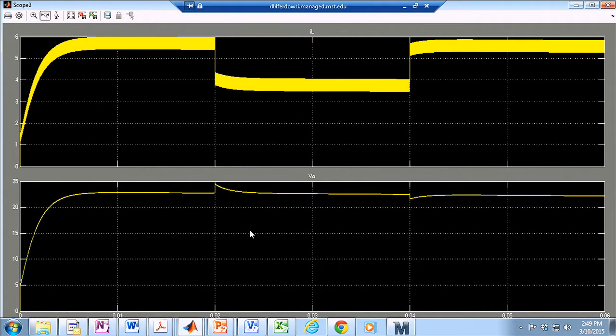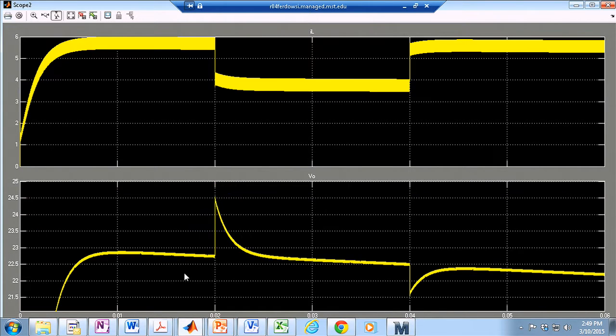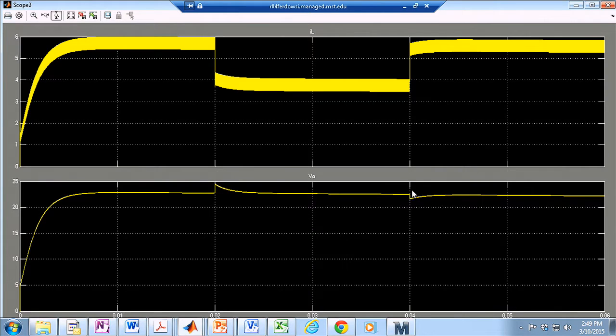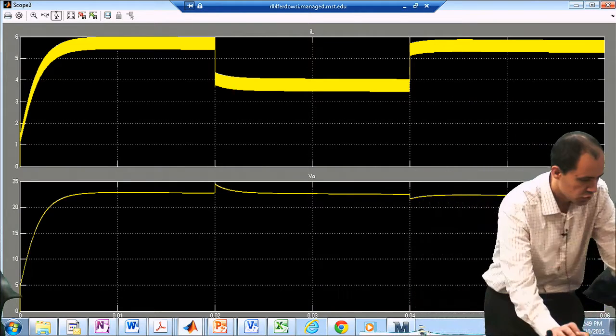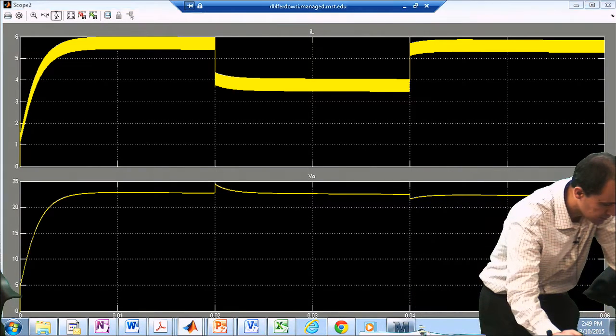All right, first of all, the output voltage is not what it is supposed to be. It was supposed to be 12, and now it is a large number. I think something is being saturated here, but nevertheless, you can see this spike hasn't got better either, and it takes a long time for the system to kind of recover. So you can see the output voltage keeps going down. I think I have to run this for a much larger time for the output voltage to gradually go back to 12. So you can see the system is very, very sluggish. So very low frequency zeros are not good, and again, the explanation is,